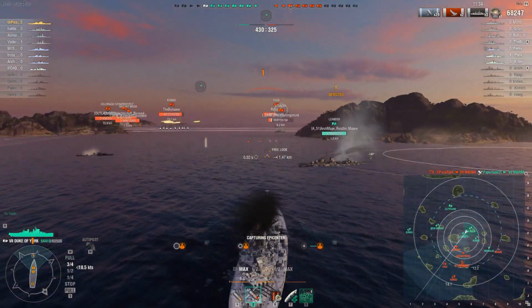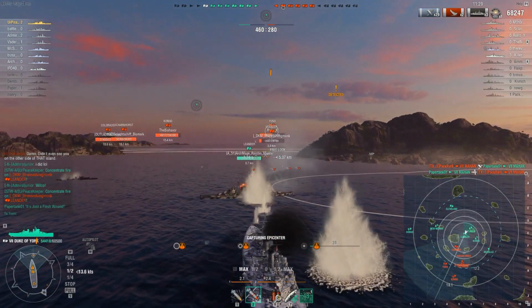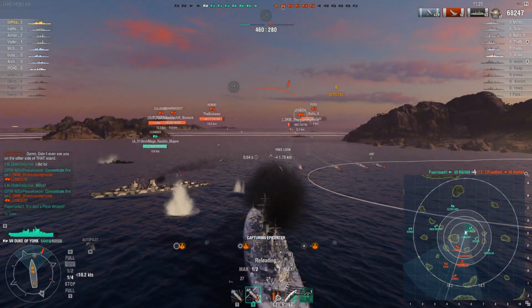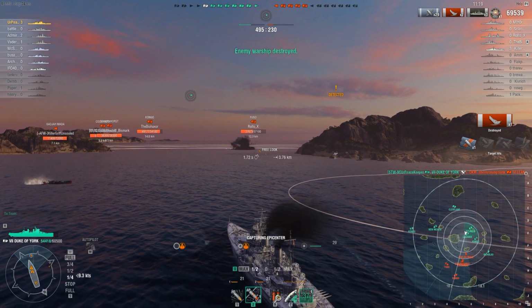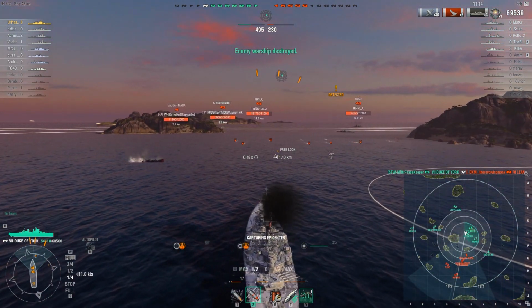Bouncing shells. There's the first set of torpedoes from the Leander. So he's trying to stealth up, you can tell, but I don't think it's going to work. I think you're going to die. Yep. So one normal pen. Now we need to get moving again because, well, for one, there's deep water torpedoes,